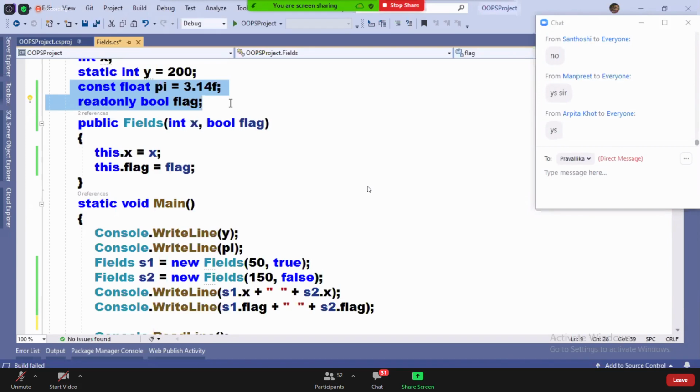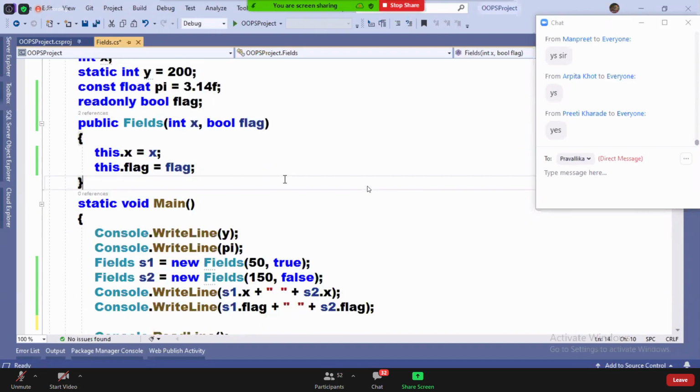First one will tell, take a ticket and come in, cannot be modified. Second one will tell, come in and take a ticket. But here also cannot be modified. So constant is like a train ticket and read-only is like a bus ticket. See, declaration time only initialize. Here declare, afterwards, initialize. Cannot be modified.